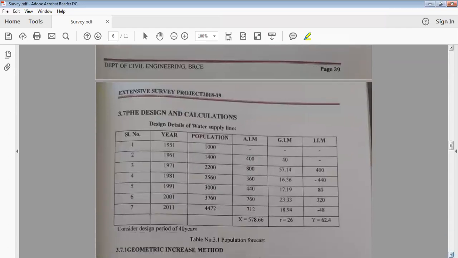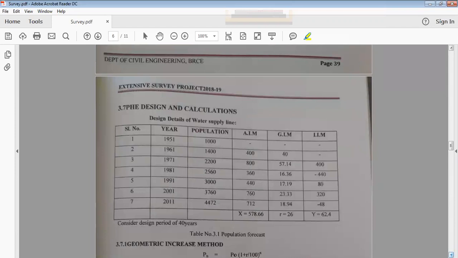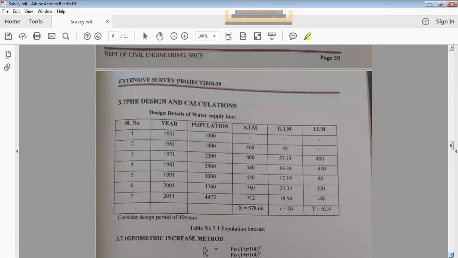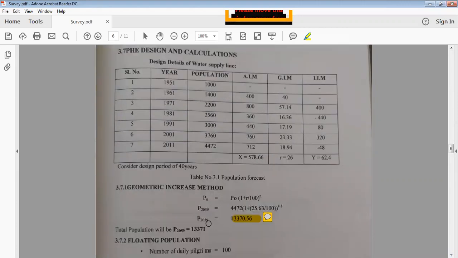So you know how they're doing it. They collected census data first. Okay. So the rate of demand they did. Then population they have taken from census data, the last 10 decades actually, from 1951 to 2011. What was the population they took from census? Then they're trying to estimate the population for the year 2050. Okay, knowing this 2011 population, using the geometric method, having this R value, they are using this. Okay, here.